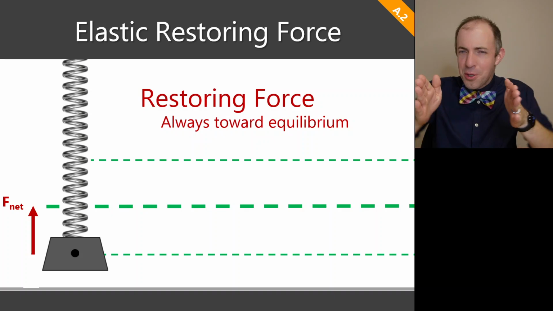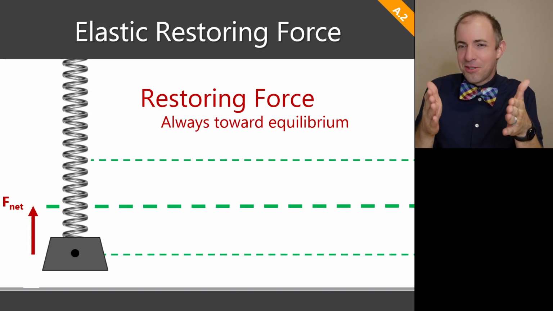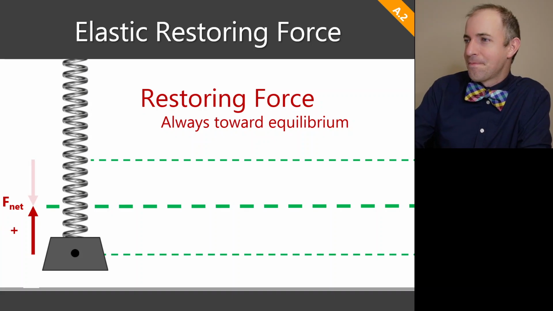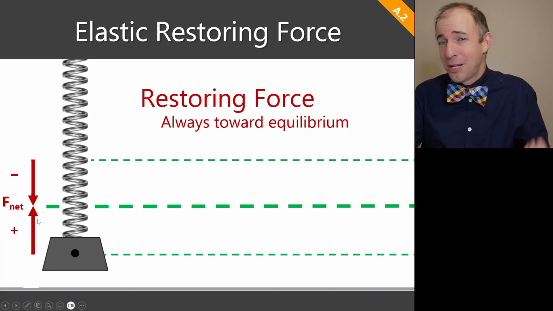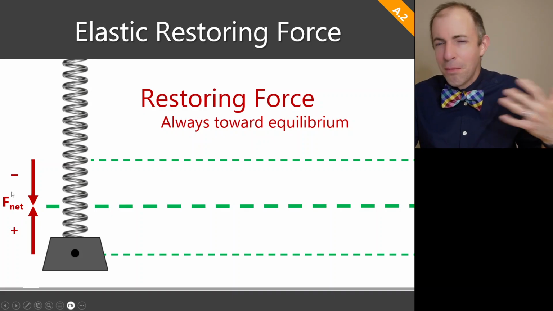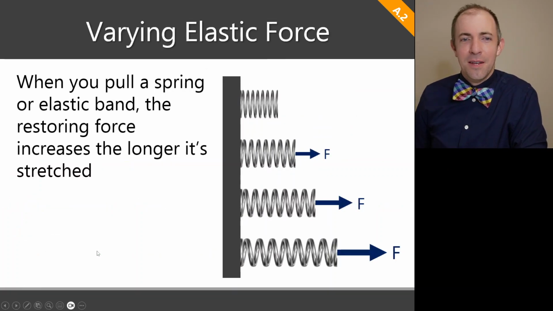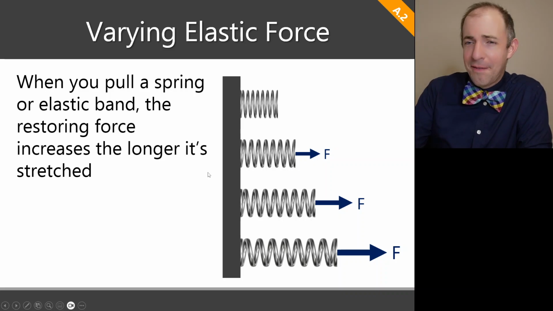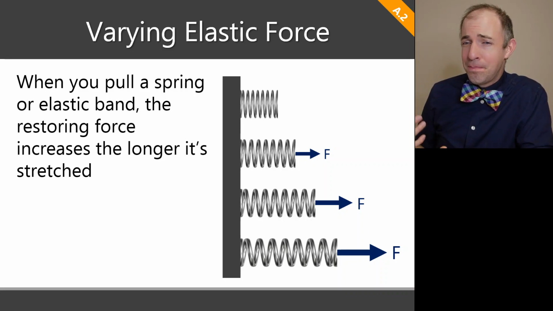If you have a spring and you compress it, the equilibrium is the unstretched length of that spring. So sometimes we'll have to really focus in on the directionality. We'll say for most purposes, down is negative and up is positive. All right. So when you have a spring or rubber band, that force actually changes based on how much